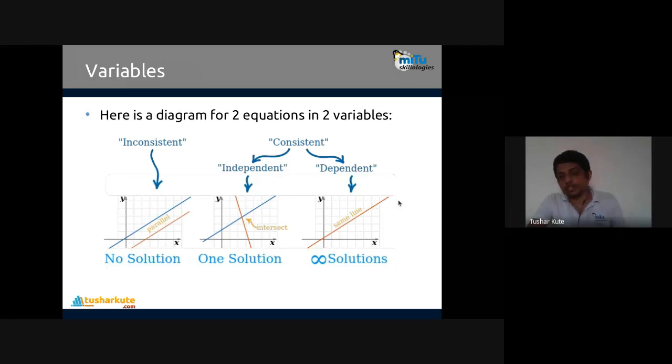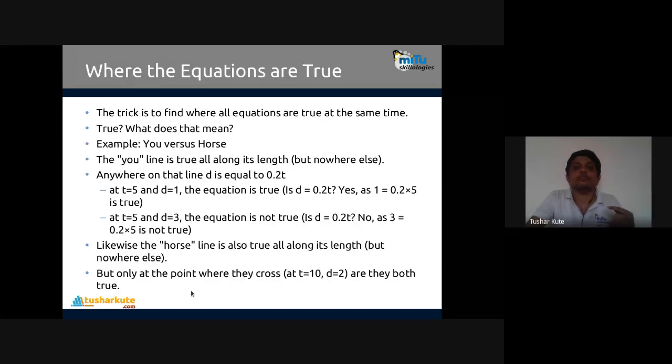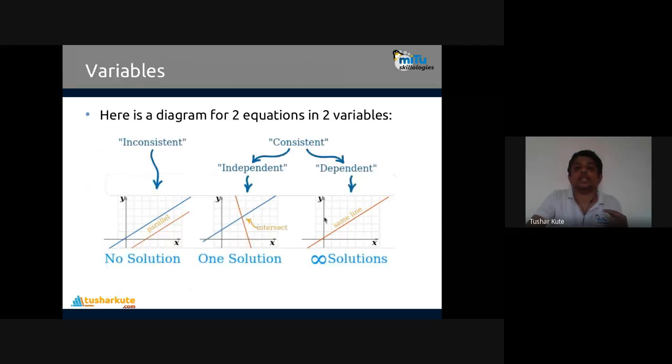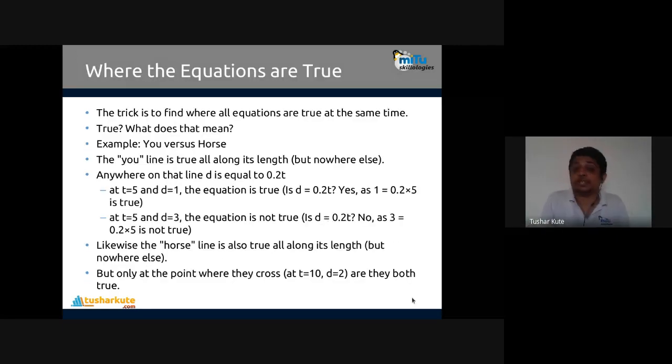Their multiplication factor is different, though they are different, but their interpretation is the same. Both of these equations are the same. I just multiplied every number by 2. This is called the dependent equations. Okay, dependent, that's what we can see here. And independence means there is no direct connectivity present between them, remember.